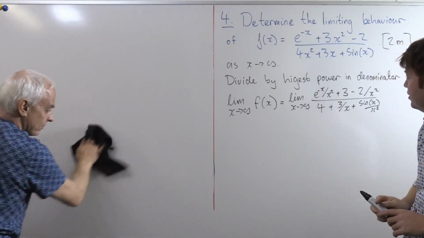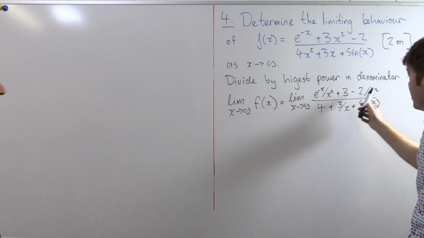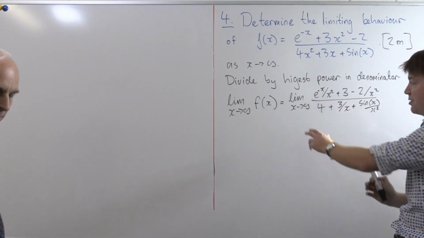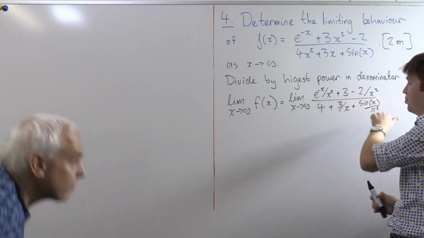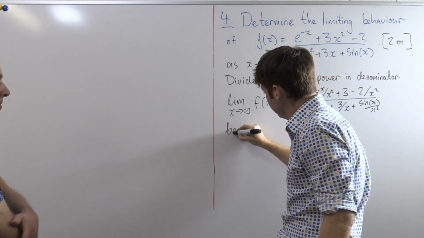Good. Now I've got a nice 3 and a 4 here. Something has to happen with these other things. Fortunately, as x gets very large, these things all go away. So I might just write down that